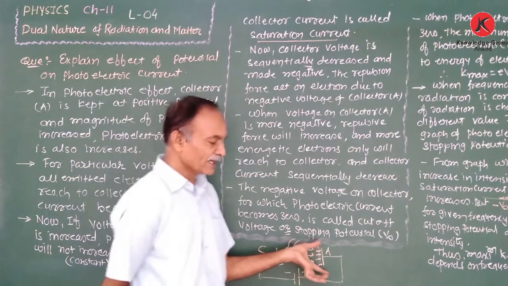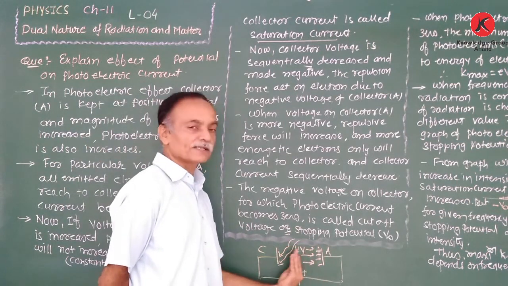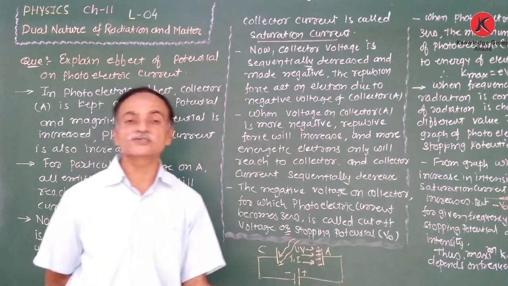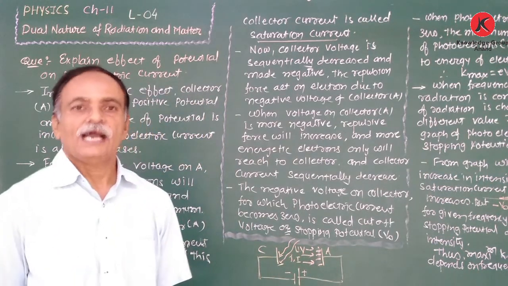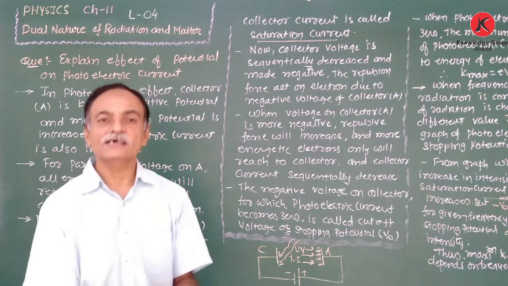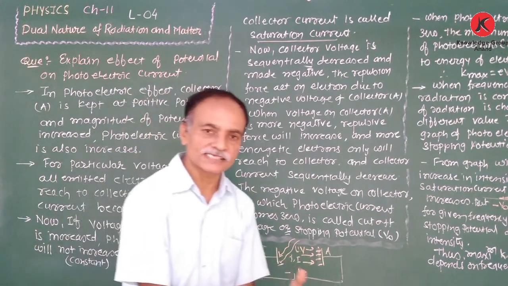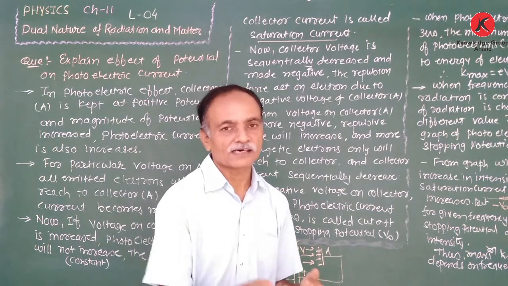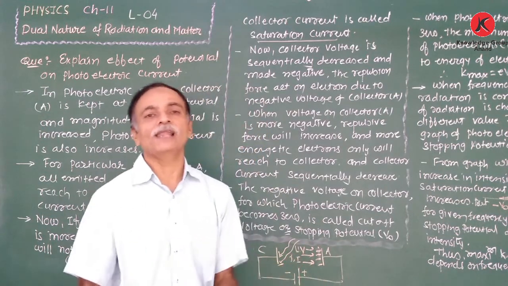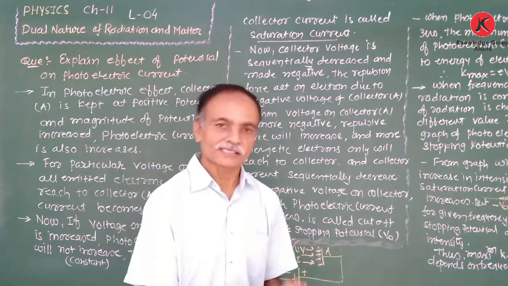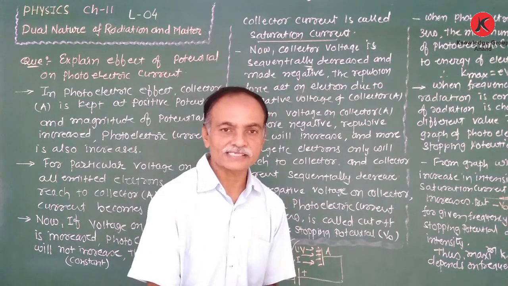When we make the anode A negative, what's happened? The repulsion force acting on the electron also increases. And whichever electron has more kinetic energy, only this electron reaches the anode, while the other electrons are not able to reach the anode. Therefore, the photoelectric current decreases